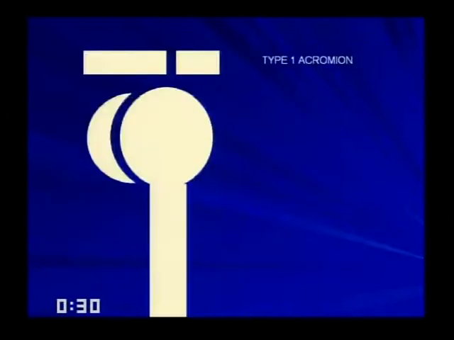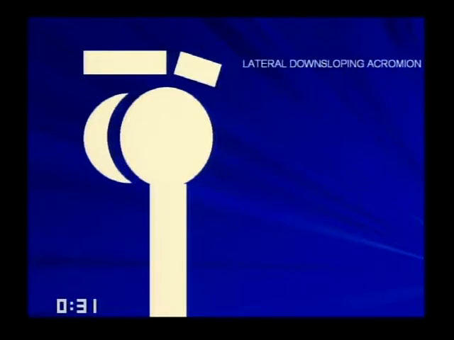Okay. Now, if you look at this diagram, this is a normal acromion at the AC joint, nice flat undersurface. Here's a type 2 where there's a general downsloping, and then there is a beak-like type 3 acromion, and this is the one that's thought to be associated with external impingement. You can also have lateral downsloping of the acromion. Here's a patient with an os acromiale. It's seen best on this CT.